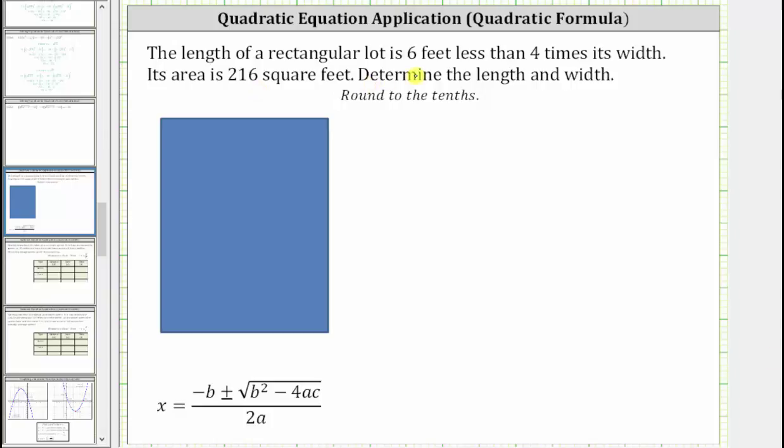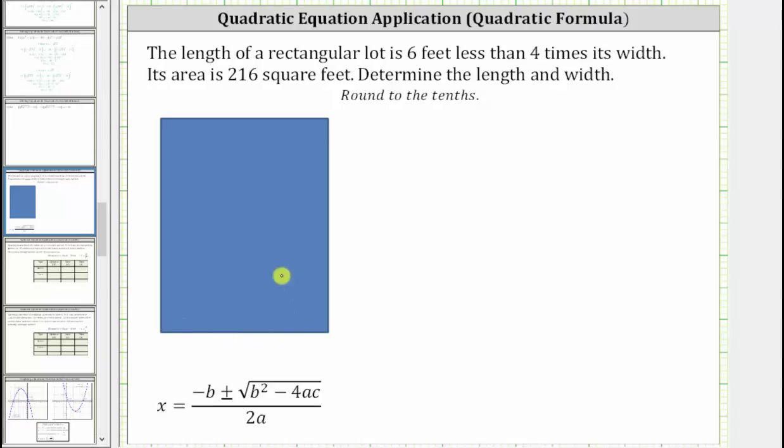The length of a rectangular lot is 6 feet less than 4 times its width. Its area is 216 square feet. Determine the length and width. So because the length is 6 feet less than 4 times the width, let's use a variable w to represent the width,